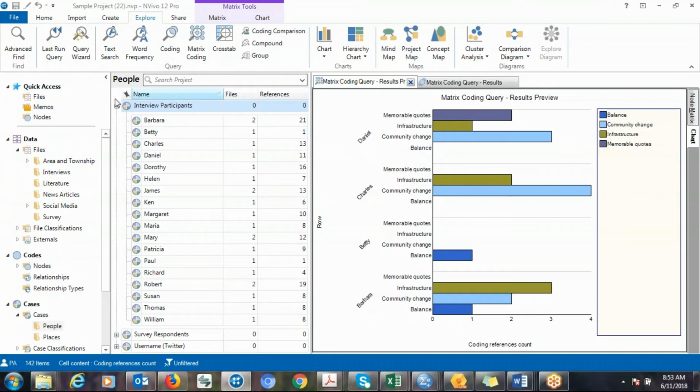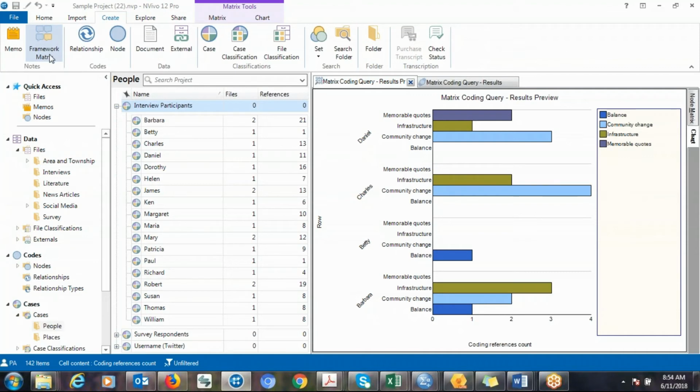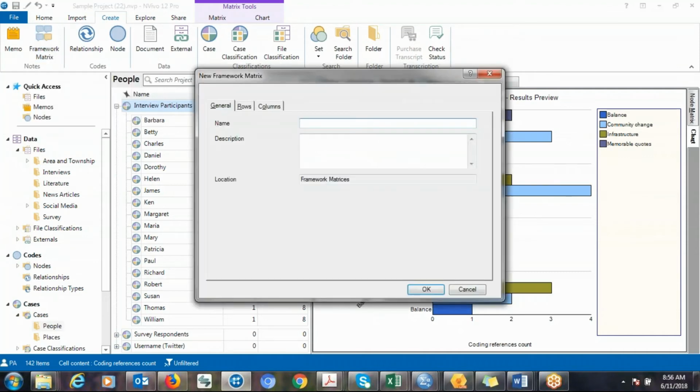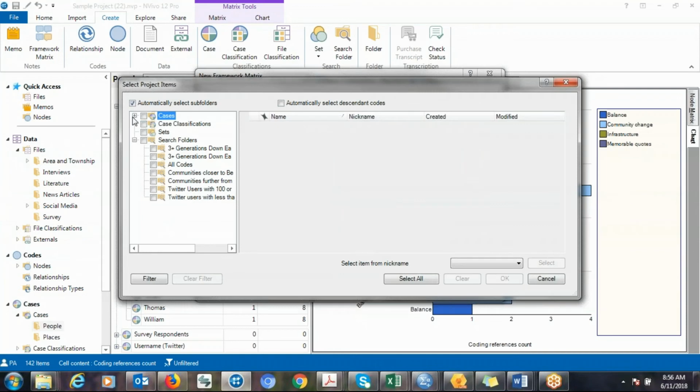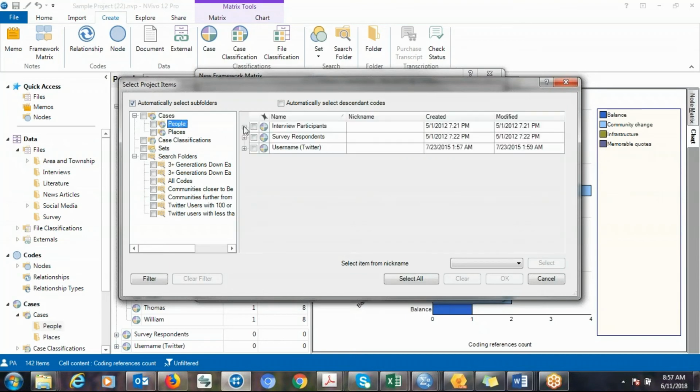Another command that you could use is the framework metrics. If you want to use the framework metrics, you can go to create, and then you go to framework, click on framework metrics, and then you give it a name. So let's type a name for now, name A. And then you click on role, and this is where you select the cases that you are interested in, right? So you click on that and go to cases, the plus there, you click on people and go to